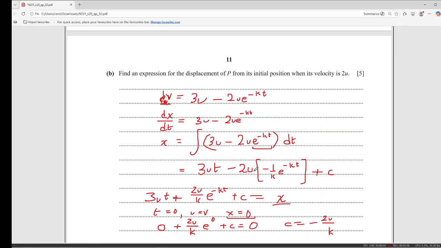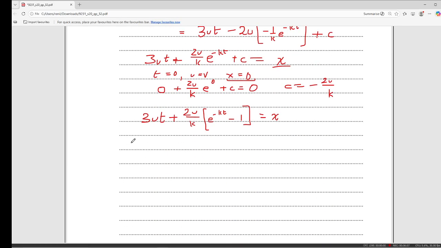Now we need to find x when velocity v equals 2u, and when v equals 2u, t equals 1 by k ln 2. So plugging in those limits, this becomes 3u by k ln 2 plus 2u by k